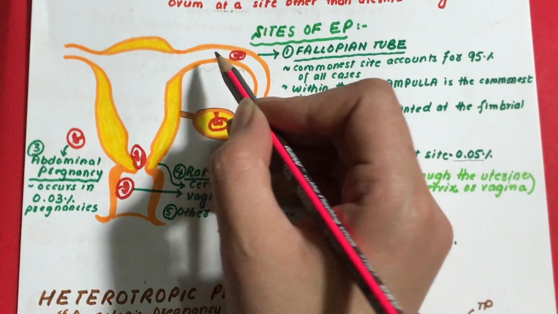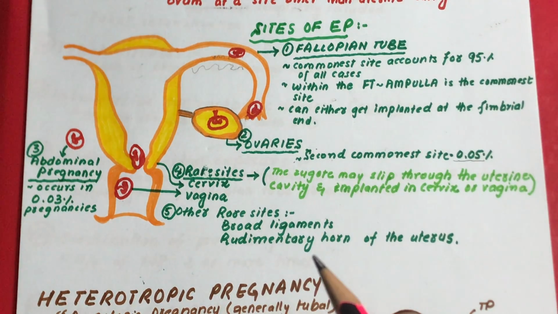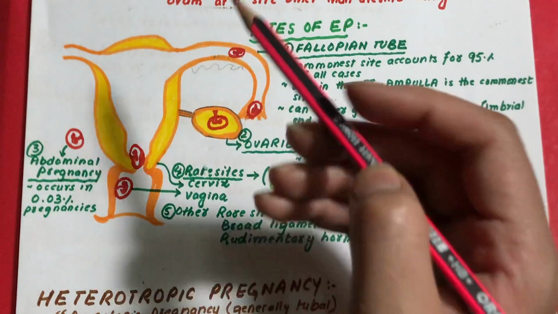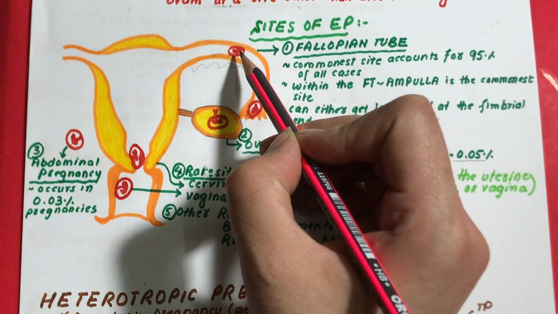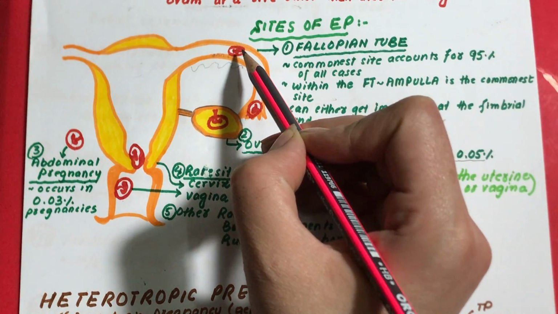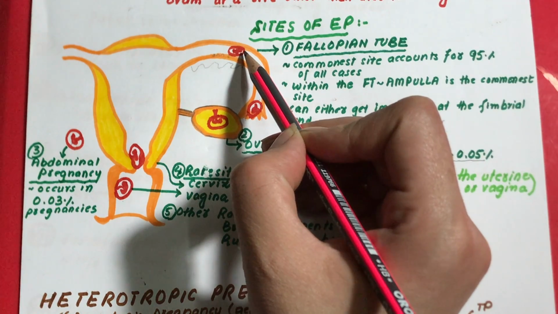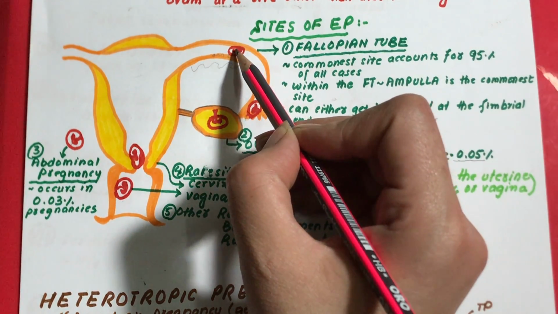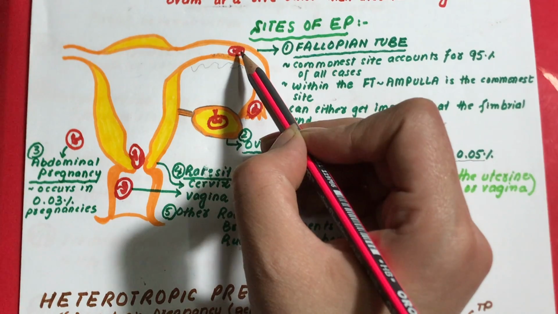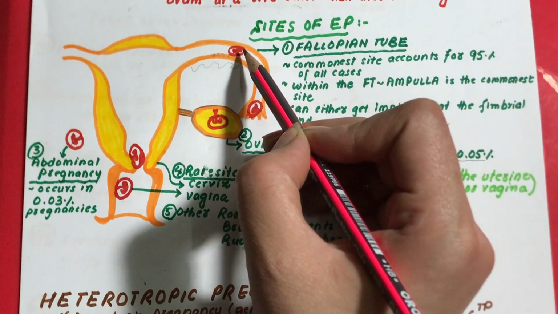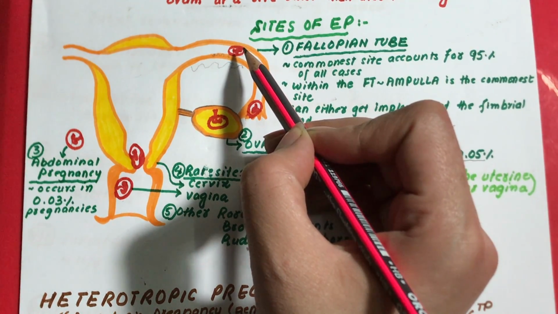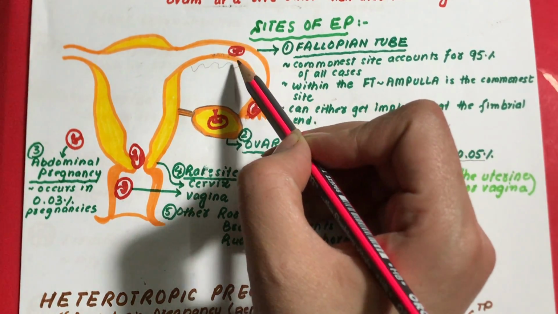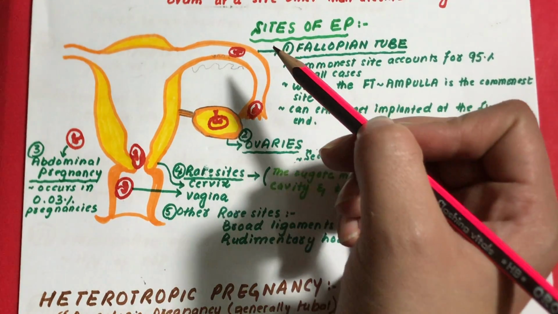So any alteration in any one of these factors will delay the transport of the zygote. Okay, and when the transport of the zygote is delayed due to any factor, it begins to enlarge. This is very understandable that after some time its division will start, and it continuously enlarges, and the pregnancy will get obstructed and implanted in the ampulla or medial to it.